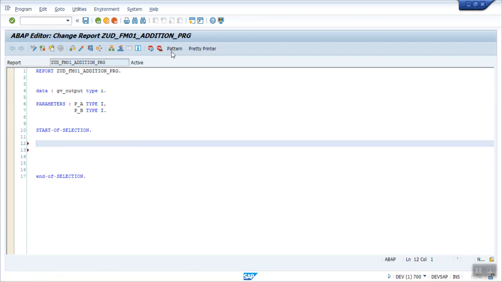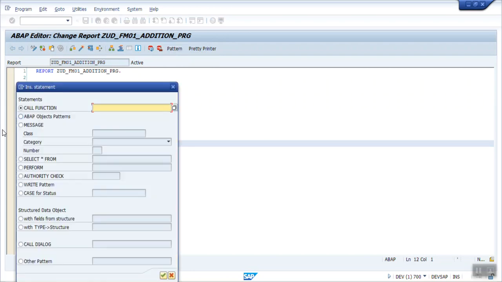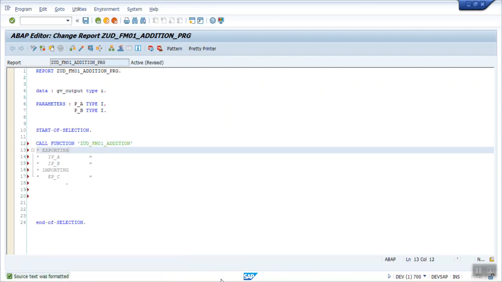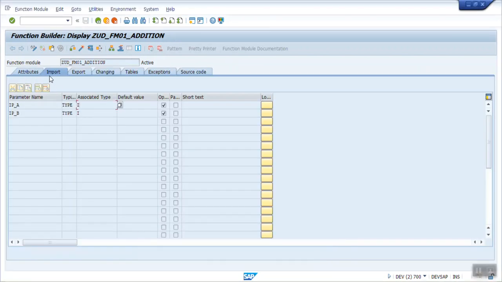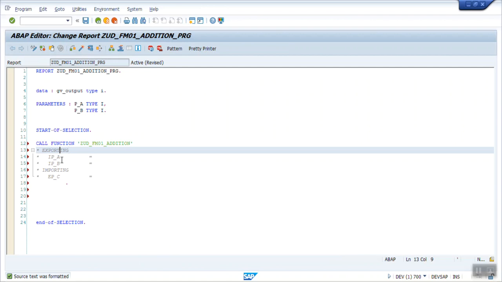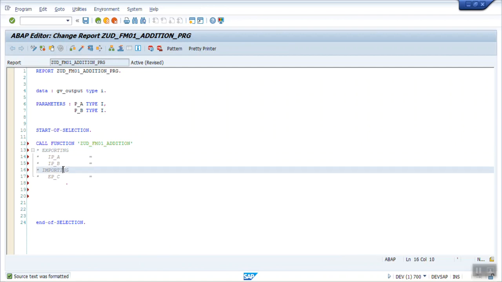For that, go to pattern, click on call function, and here give the function module name which we have created. Press enter. So the importing parameter of the function module becomes the exporting parameter in the program, and the same for the exporting of the function module, which becomes the importing in the program.